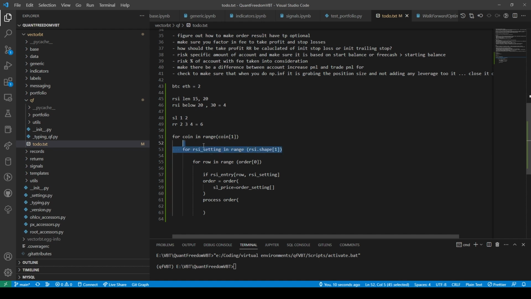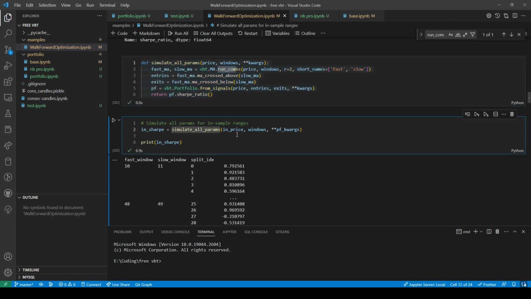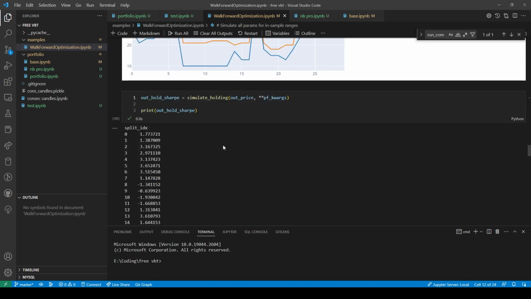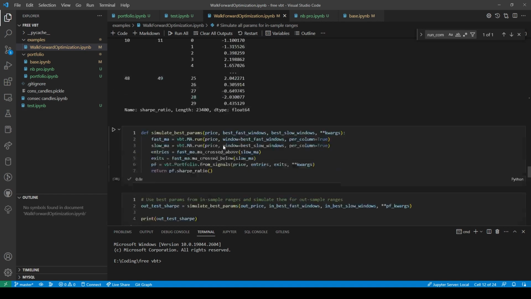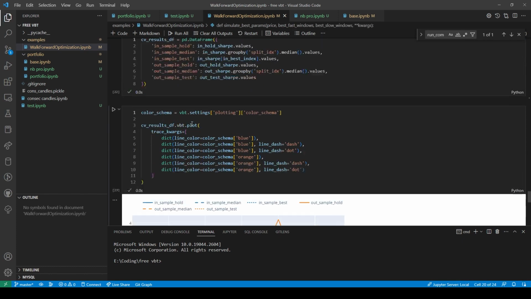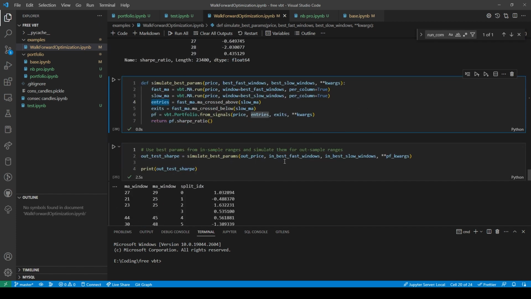So I feel like we don't even need any of this because this is going to be taken care of previously to get the entries, because we have that already over here. So we get the entries from the combos, right? So we get the entries. Where do we actually use this? Oh, from signals.